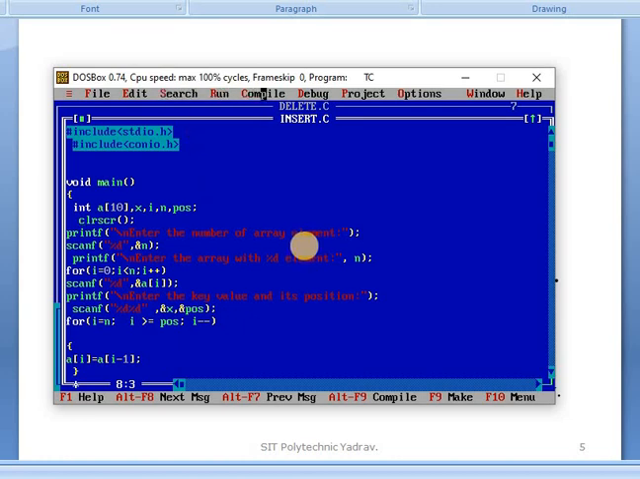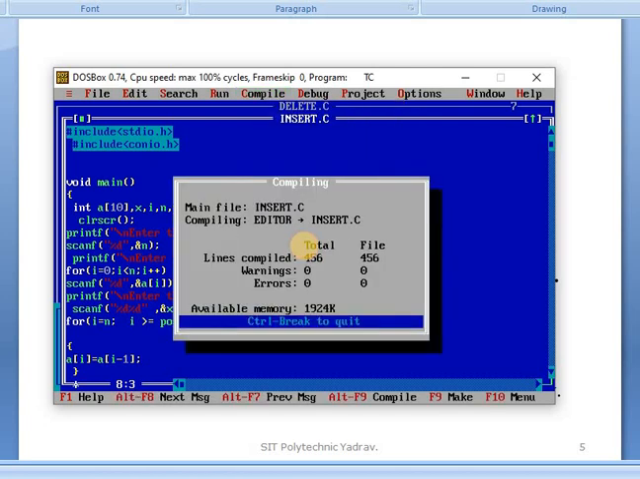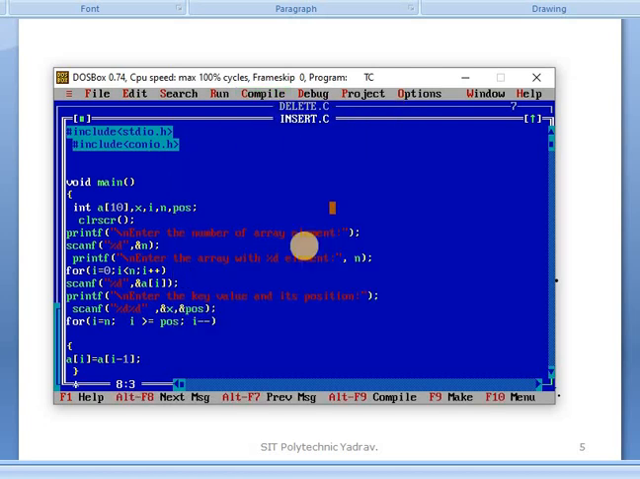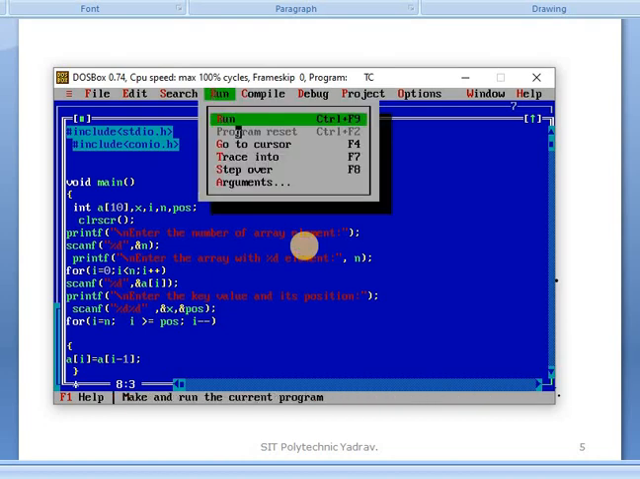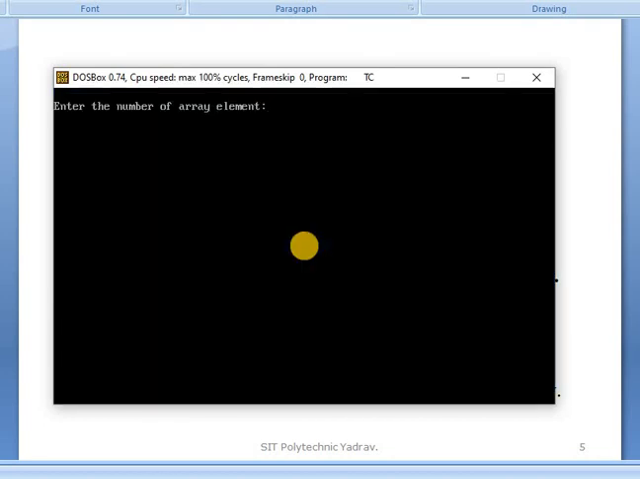Okay, I am going to run this program too. Enter the number of array elements. For example, I entered 4 elements. Enter the array with 4 elements. Which 4 elements did we enter? For example 7, 8, 9,